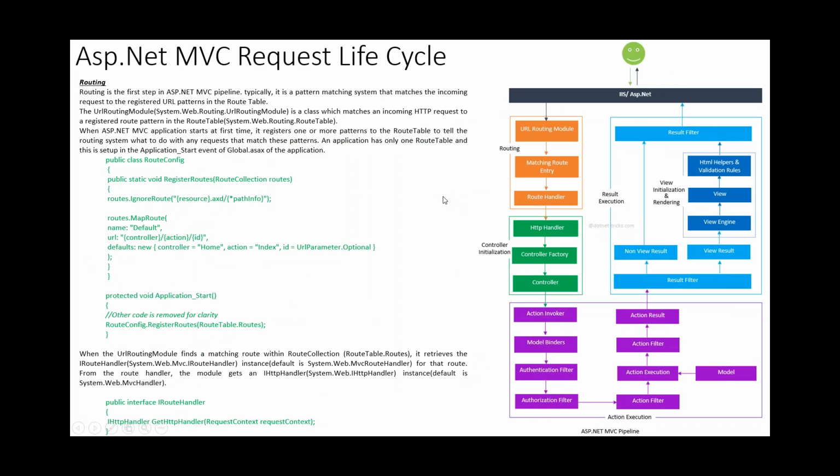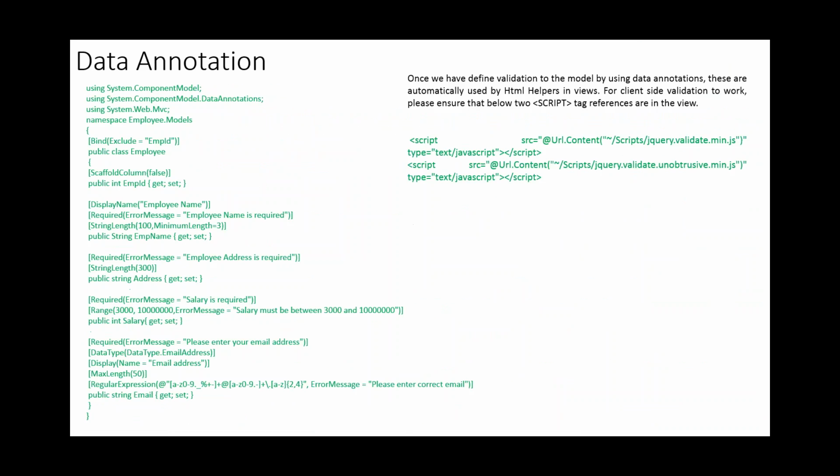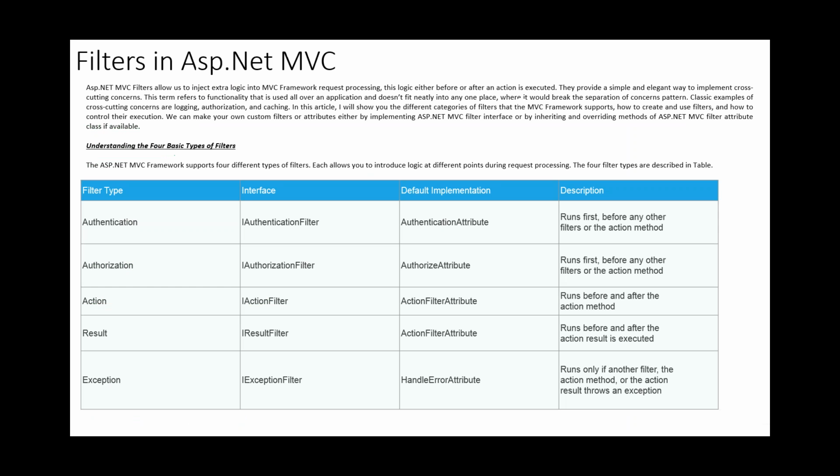So these filters will validate your request. So what kind of filters are available in MVC? We have the authentication filter. If you want, you can write your own filter for this, or else you can use the predefined filters available in MVC. There are basically 5 filter types: authentication filter, authorization filter, action filter, result filter, and exception filter.